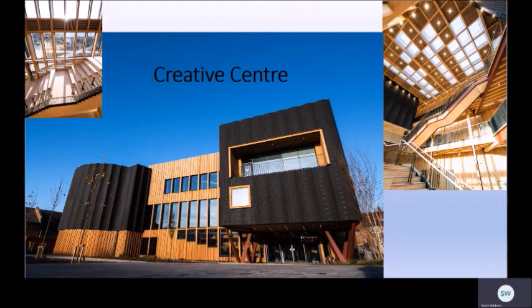In addition to carrying out refurbishment projects, we have been lucky enough to have a new building constructed on our main teaching campus. So the Creative Centre is our newest building. It opened in January 2022, and it's got a mixture of teaching spaces and a 200-seat auditorium. So the building has been built to BREEAM Excellent standard. So we've already got a reduction in energy consumption as a result of that, and targeting some of the energy